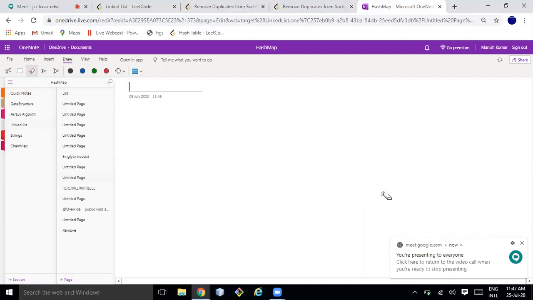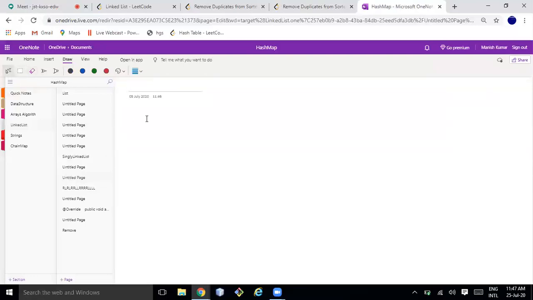Why I asked this question is because to find the middle element, we used the two-pointer concept there also. Okay, I'll explain your question. I got it. Let me help you with that.